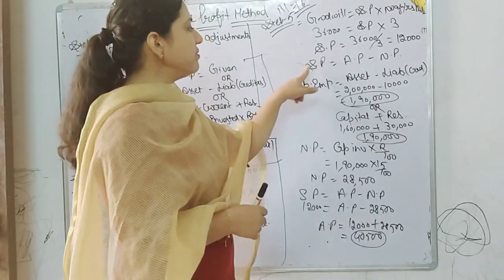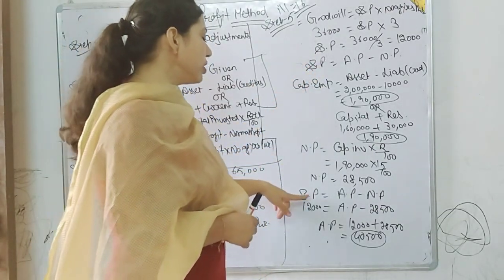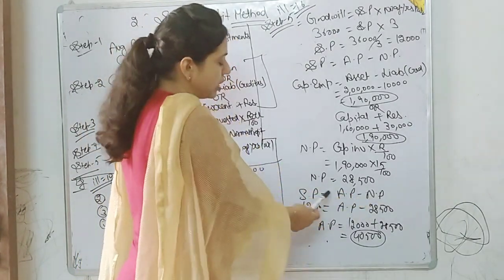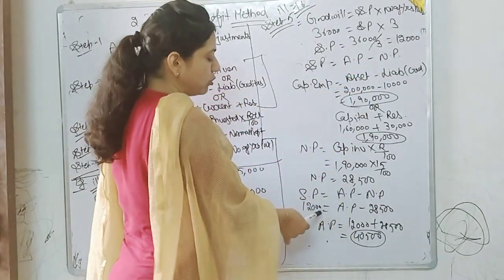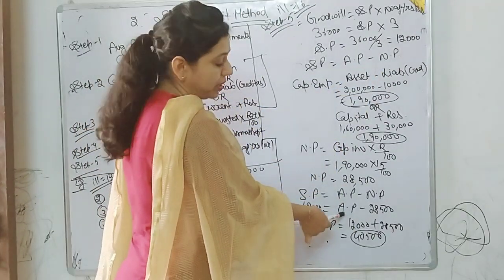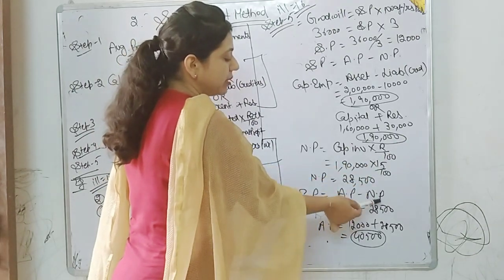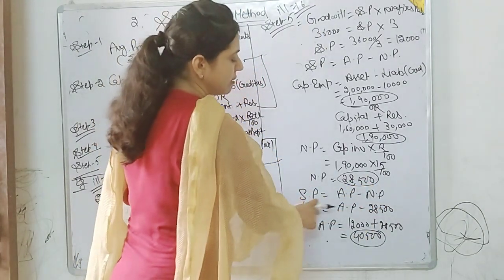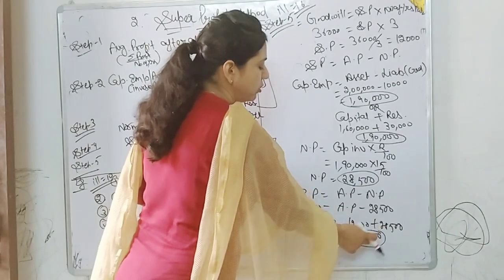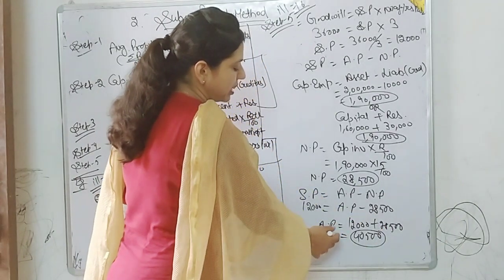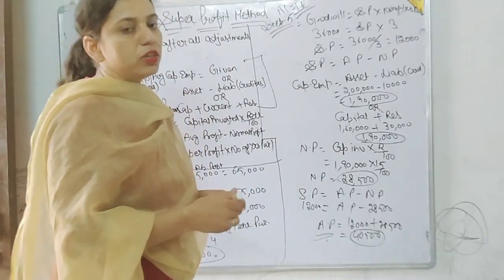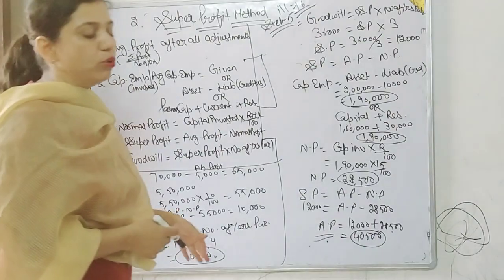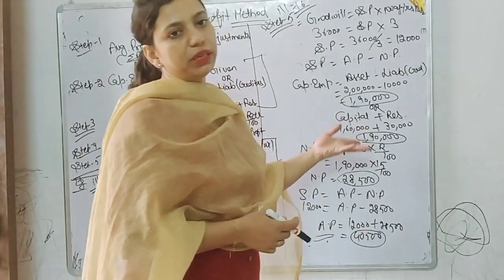But previously we have super profit, so we will put in the formula of super profit. As we know, super profit is equal to average minus normal. Super profit we have calculated as 12,000, average we have to calculate, and normal profit is 28,500. Just put it, when it comes on this side, 12,000 plus 28,500, so it will be 40,500. So at last we can calculate average profit. So a question can come in both ways, whether you have to calculate goodwill or you have to calculate average profit with goodwill. Thank you.